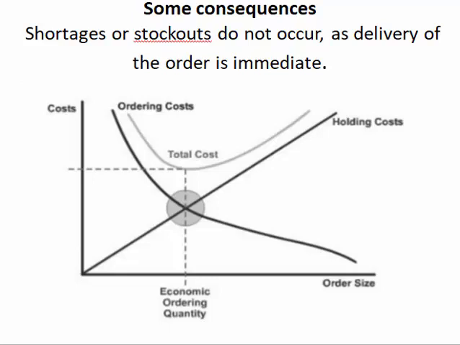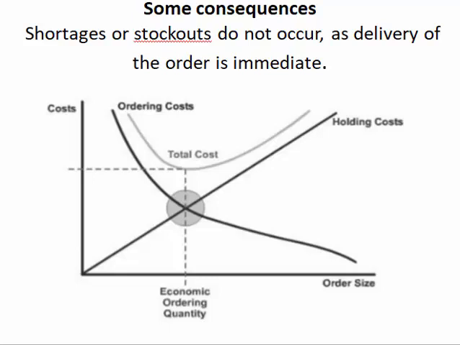So this is the graphical representation of the EOQ model. This picture shows cost on the vertical axis, that is the y axis, and the order quantity on the horizontal axis, that is the x axis. The straight line which commences at the origin is the carrying cost curve, that is the total cost of carrying units of inventory. As expected, as we order more on the x axis, the carrying cost increases in a proportionate manner.